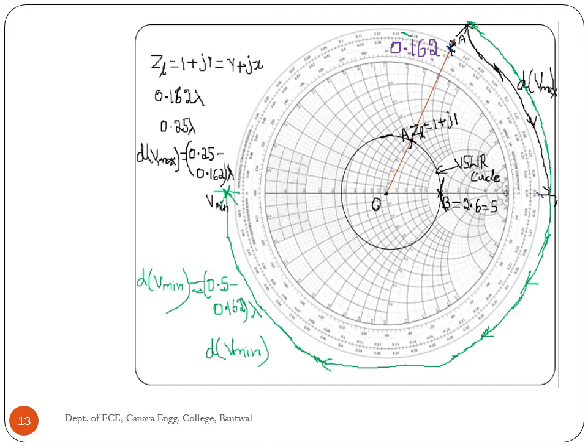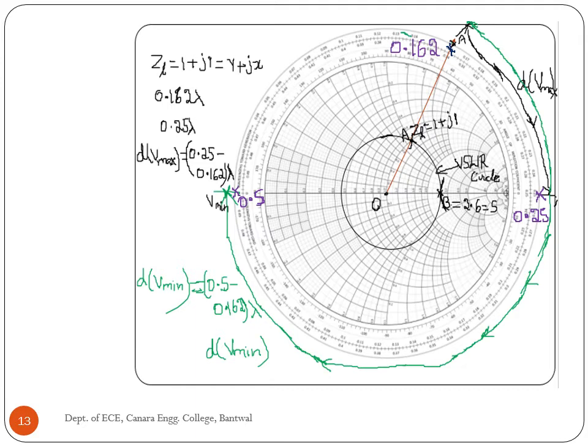At this point, reading in outer circle is 0.25. At this point, reading in outer circle is 0.5, and we have to consider the outer circle for this